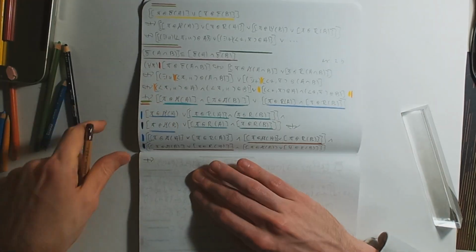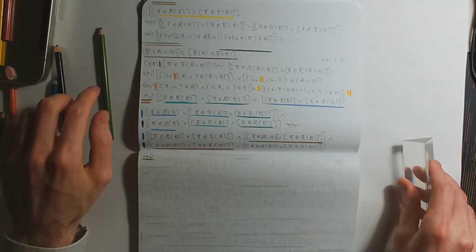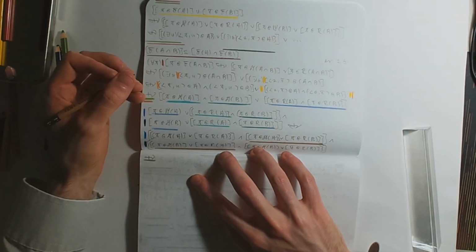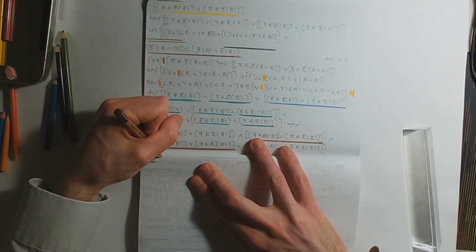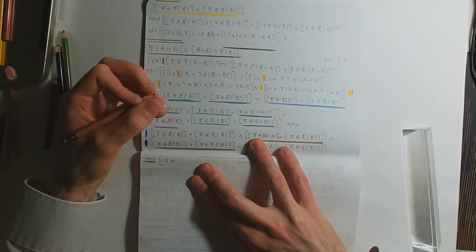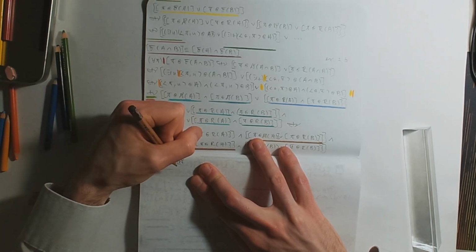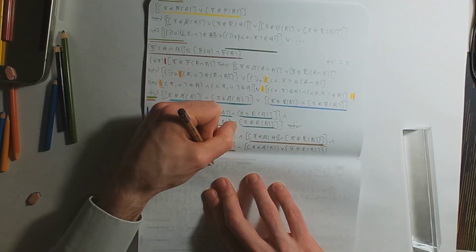So, forward derivable, T is an element of the domain of A union the range of